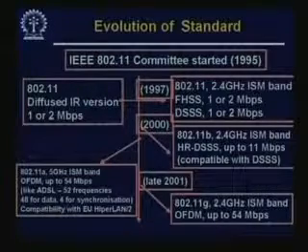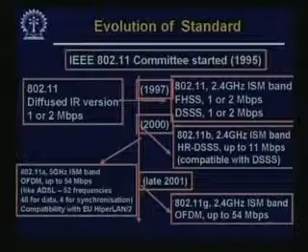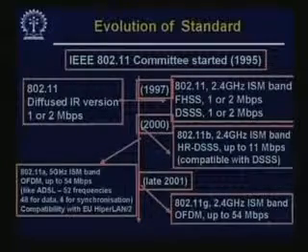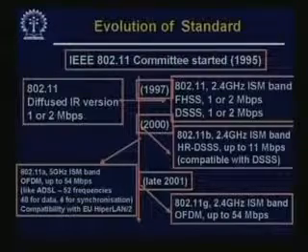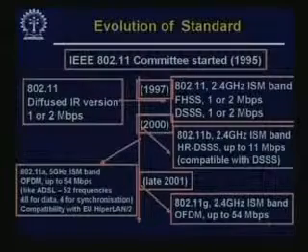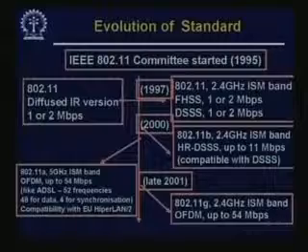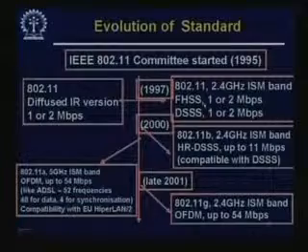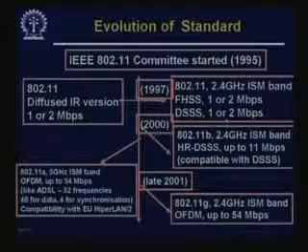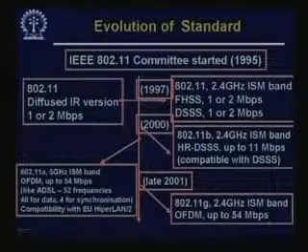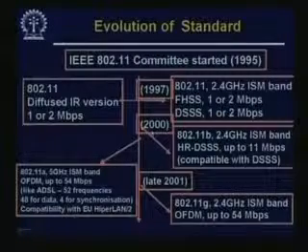As I said, a number of standards came up. Here I am just showing some standards in the 802.11 family, then there is an 802.15 family, 802.16 and so on. So this is just one of them. 802.11 originally used the 2.4 gigahertz ISM band and FHSS, which is frequency hopping spread spectrum, with 1 to 2 Mbps speed, or direct sequence spread spectrum, DSSS, 1 or 2 Mbps, and then slowly it graduated